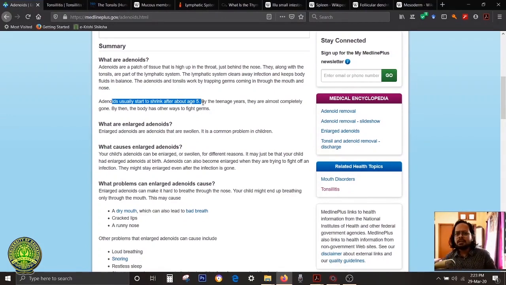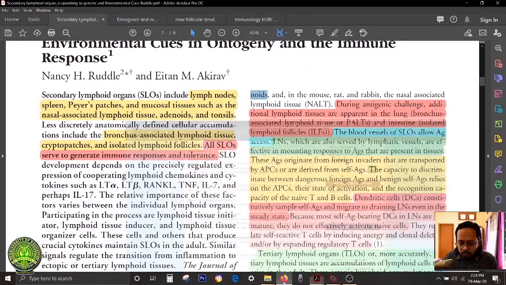So this is a fantastic concept: when I was growing in my mother's womb, and then I was born, my immune system was basically handled by my liver, because hematopoiesis in the initial times happens in the liver, since the bone marrow in a kid has not formed yet. Similarly, when the kid is growing, you also have the adenoids, which are lost as I become an adult. All right. So now we know that two secondary lymphoid organs which look after the air that is taken in are the adenoids and the tonsils. All right. Fantastic. So going back to our literature,